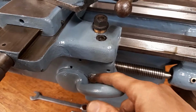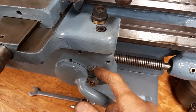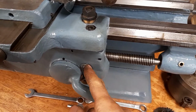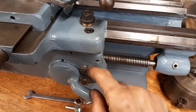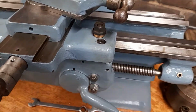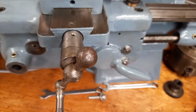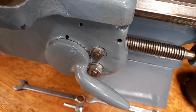Now, I think that when I do the top one as well, so as I say, I've done the bottom one, I'll do the top one, and that's not even up tight at the moment, when I do that one as well, then I think there will be a substantial improvement, because I will be able to change the spacing between those two half nuts. Now, it's not a substitute really for new half nuts, but it's a definite easy way to add some adjustment,